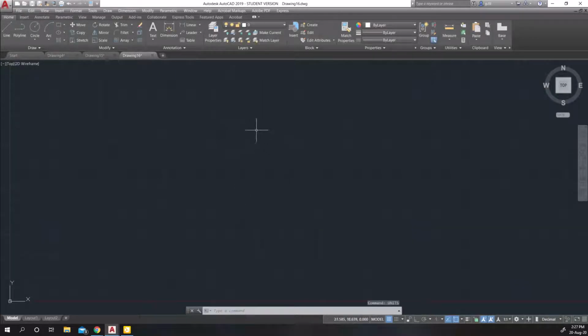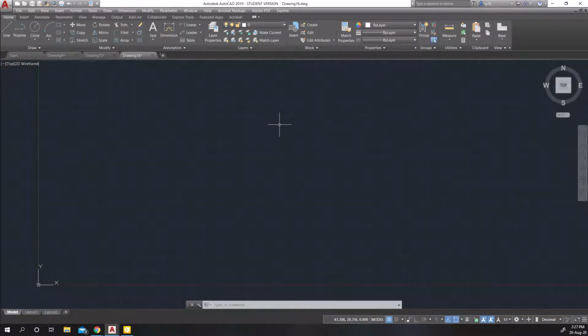All right, now that we've got the units figured out, the next thing I want to talk about is drawing limits. So drawing limits is an imaginary boundary line, if you will. Now, we can go outside of that boundary line, and it's not going to matter too much. But the default